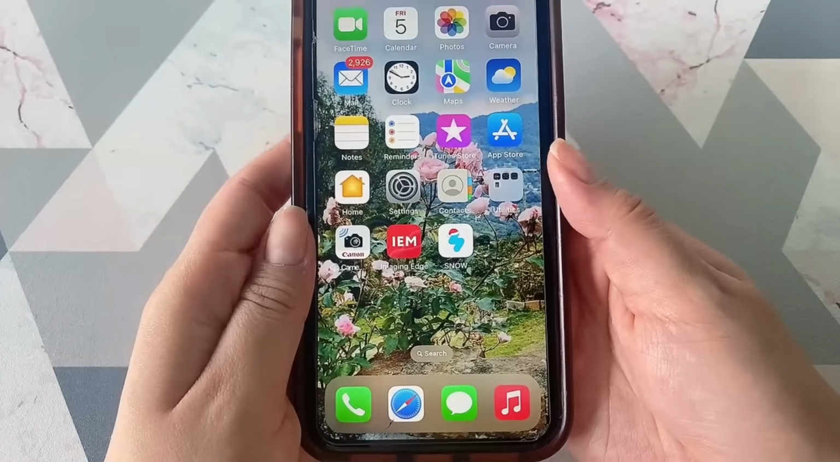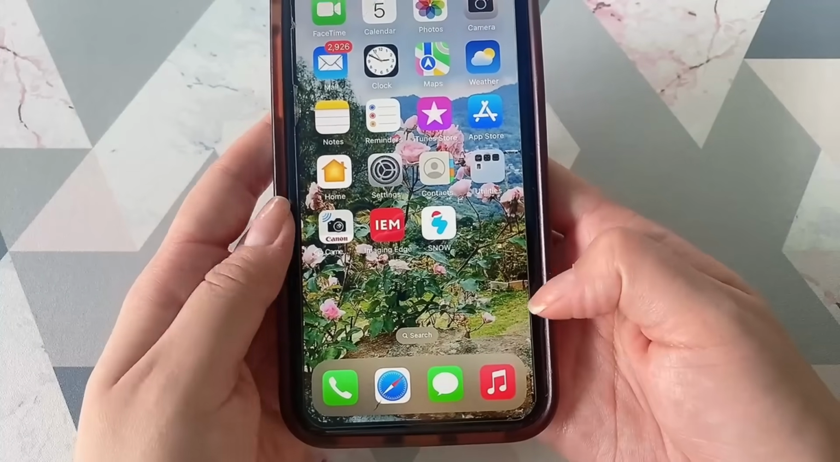And now for everyone, both Android and iOS, what we want to do now is go ahead and open up our